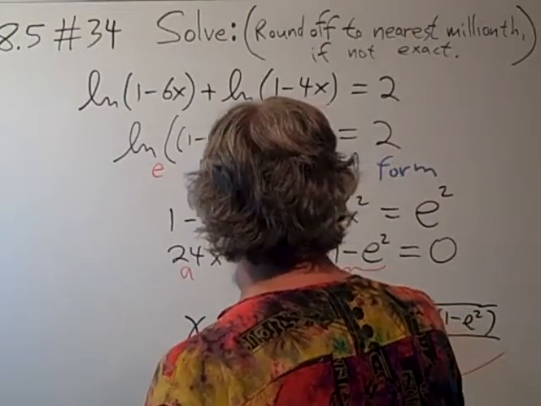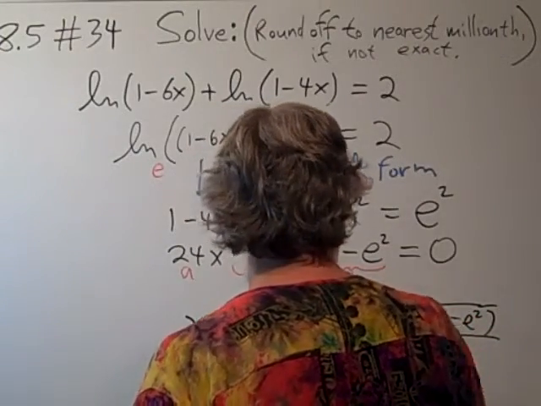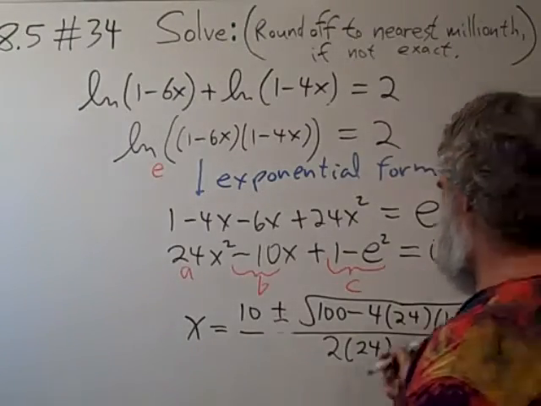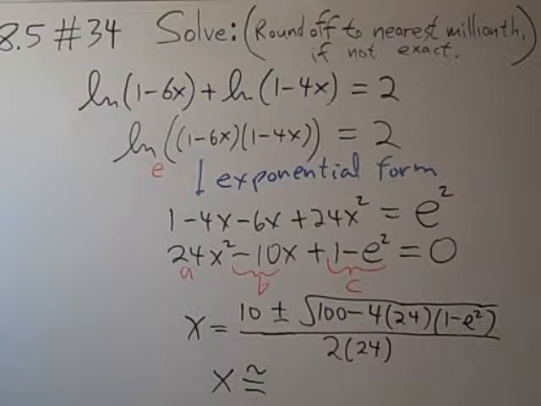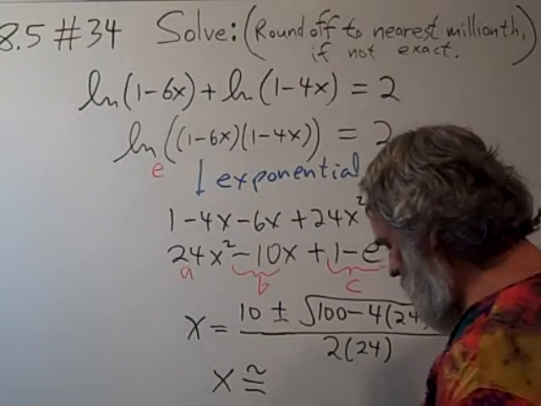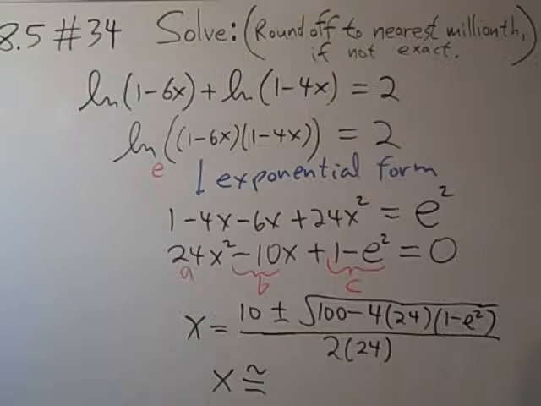Let's just evaluate this thing first. Sorry about that. What does x equal approximately here? So here we go. e squared, that's 7.38. 1 minus that is negative 6.389 about, times 24, times 4. So then 100 plus that, and we get the square root is approximately